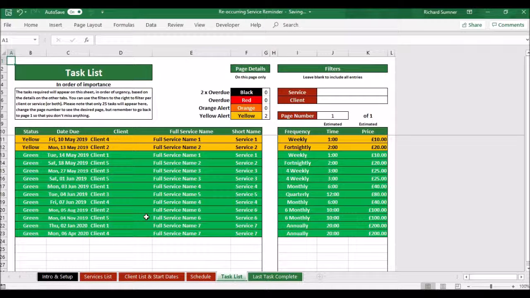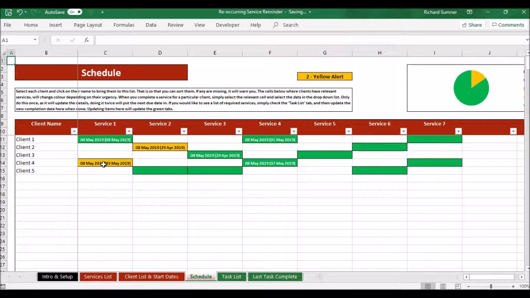If that particular job gets done, then all you do is go back to the schedule, and you see client 4, service 1, there they are. You click on that, and if you click on the drop-down list, it gives you today's date with the next due date. So that's obviously the one that you're doing. If you're not doing the one due on the 10th of May, 2019, don't click on it, because once you click on it, it starts looking for the next one, and you can't necessarily go back. If you do click on it by mistake, I suggest you very quickly go to the back arrow